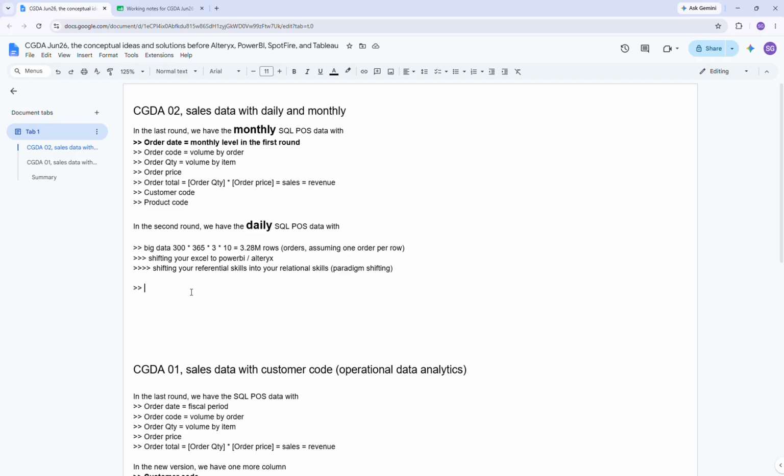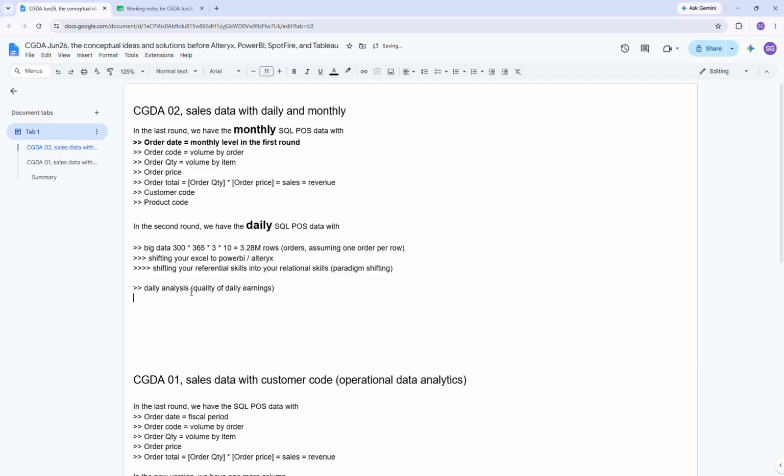The second thing is now you have the daily data already, so daily view will come in, daily analysis, also known as the quality of daily earnings will come into play. Let me give you some examples of the daily earning. For example, the Monday to Friday, Saturday, Sunday analysis will come into play. So you can answer the question if on Sunday there is any shopping pattern on Saturday and Sunday versus Monday to Friday. Okay,